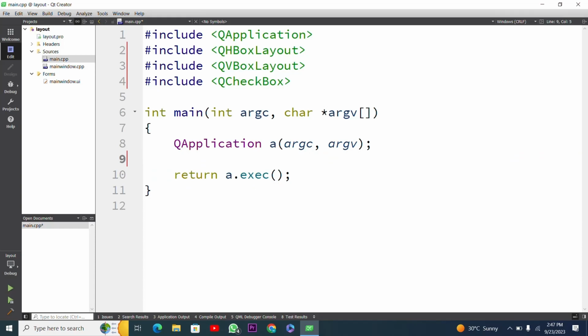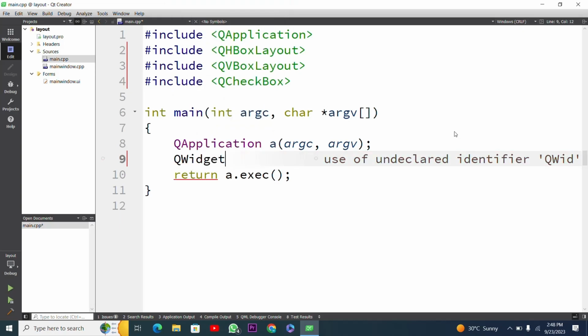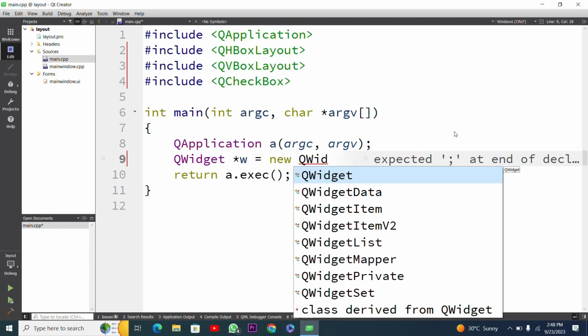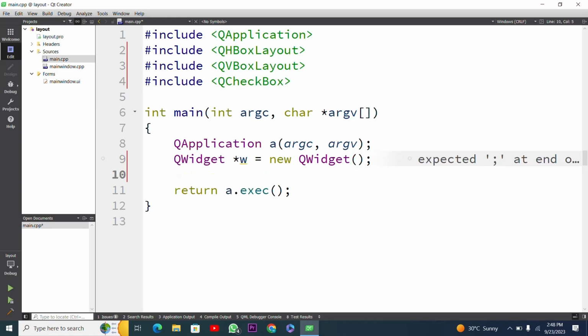here QWidget. So I will type here QWidget. This is QWidget, and here I have to create a pointer. So I will create pointer by using w. You can use any name instead of w, but I am using w, and here I will create this widget by using new keyword, and then I will use semicolon, and next I have to declare a title for our